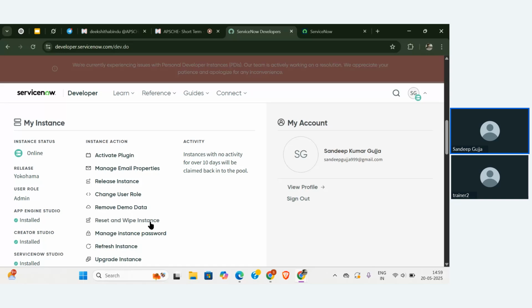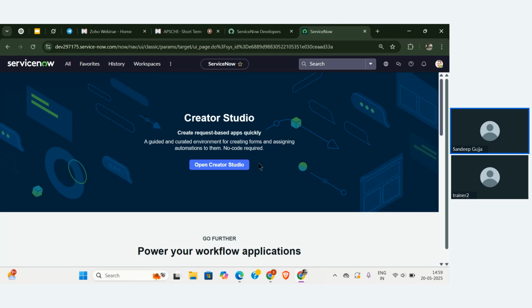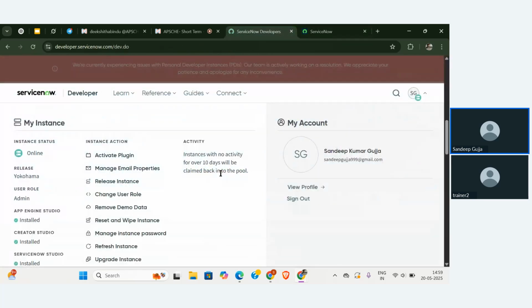so whereas coming to the next instance action, that is reset and wipe instance. What is this reset and wipe instance? Is nothing but suppose we are working in some kind of project and we are implementing lot of things in our PDI. Okay, so we are implementing lot of things in our PDI. What happens? It will be little bit confused and it will take longer time to work on the configuration as well. Suppose if you want to implement new thing in that, so it will always restricts you to work on the new things if that is been merging with any other task that you are already done.